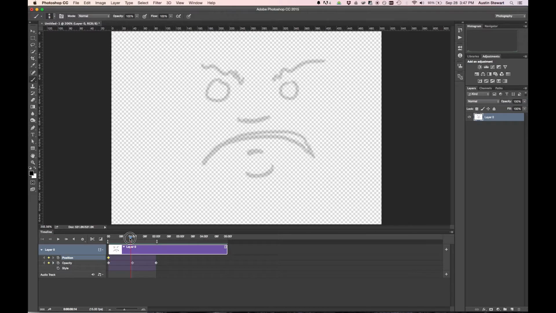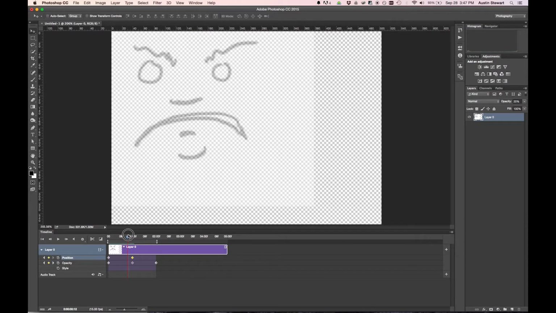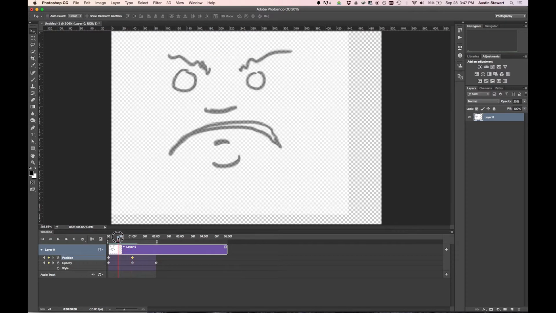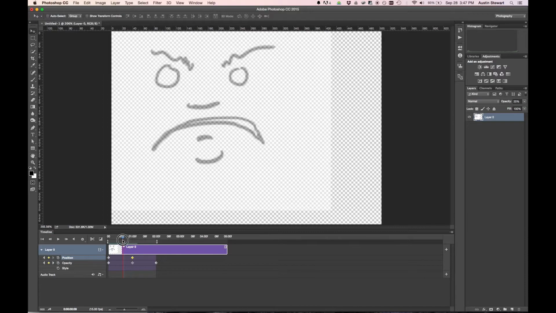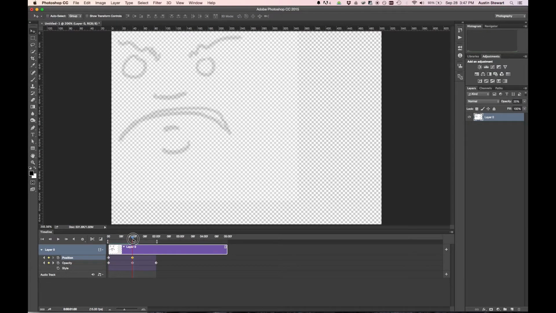But so if I start it here, and then maybe at this point, it moves up over here for some reason, right? So over time, and you'll notice it moves in a straight line between those 2 points. If you want to have it move in a curve, you have to go through and set more keyframes in between these two to get it to take the shape of that curve. All right, so I've moved this thing over here, and then it's currently staying over there for the rest of